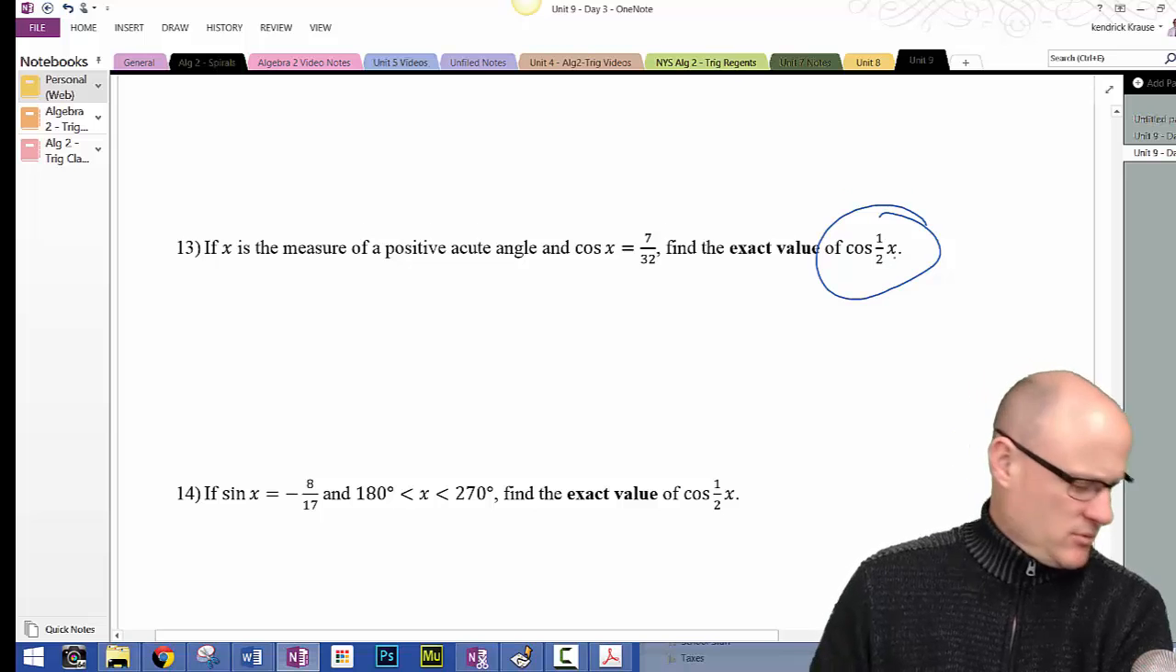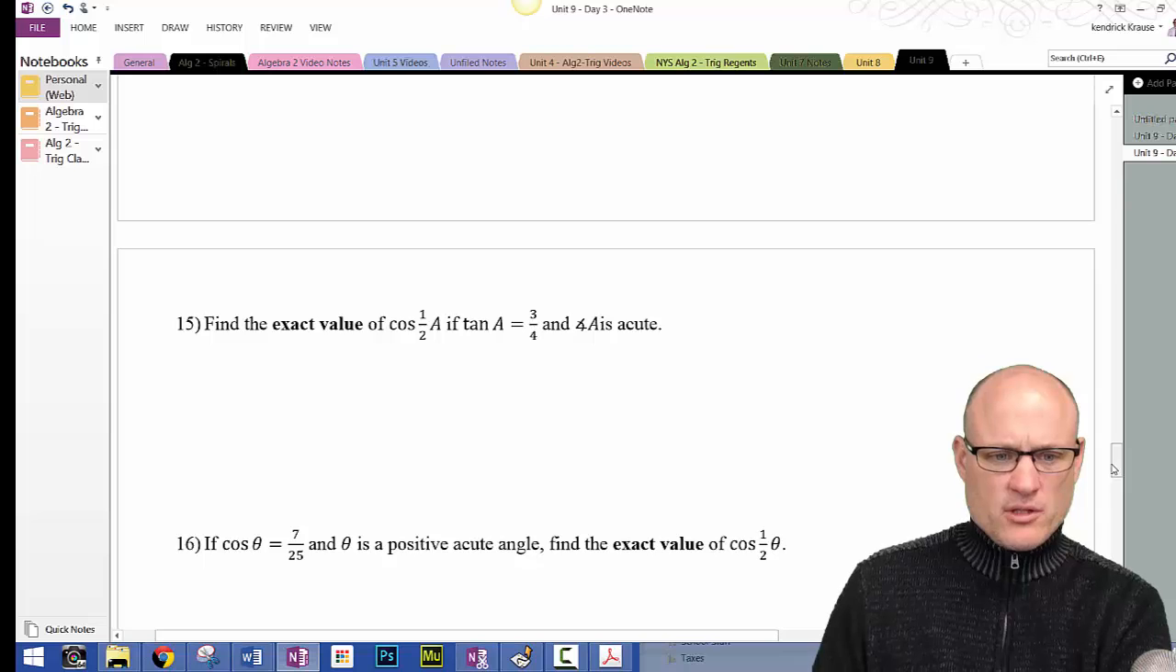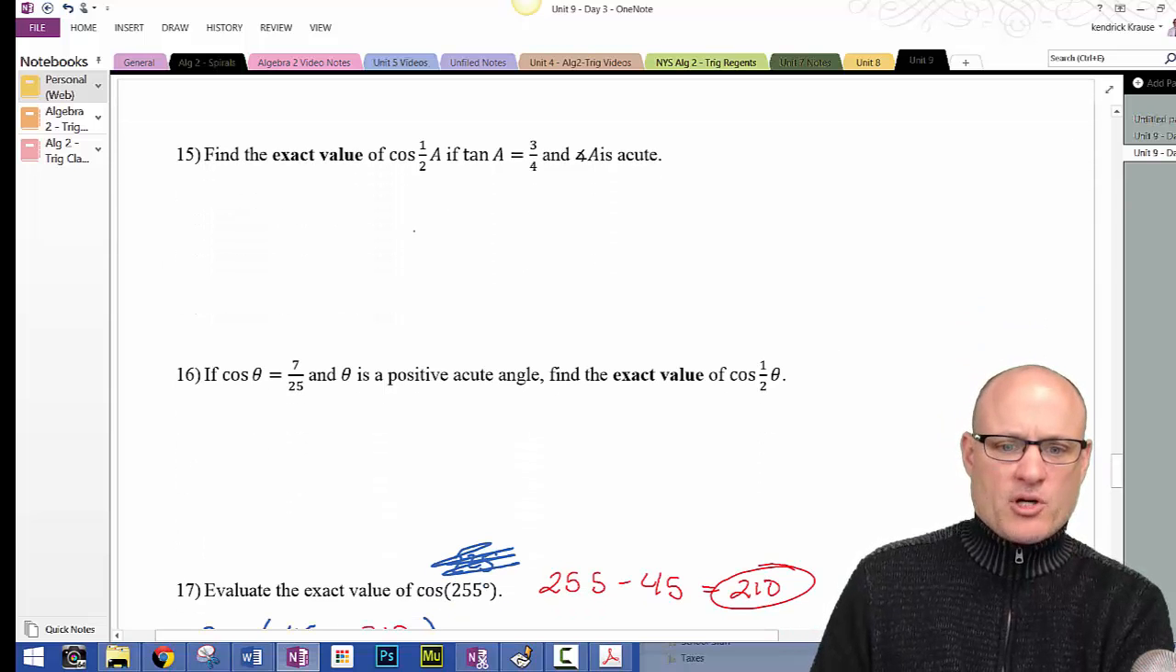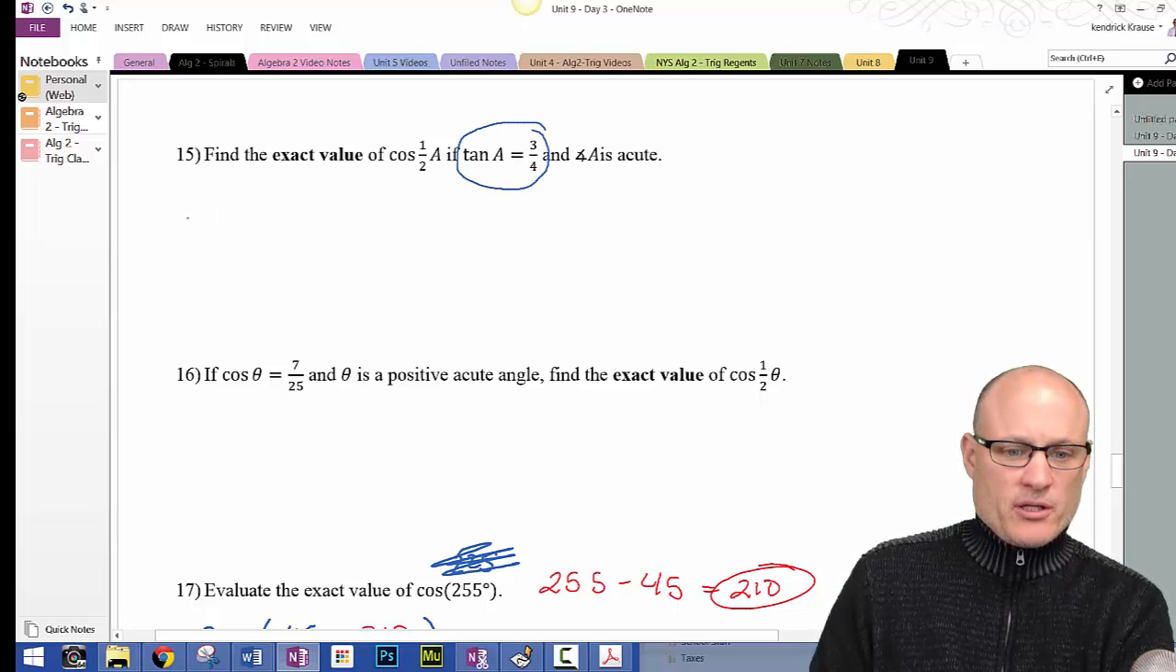Same thing. I want to do one more. Let me see if this one's harder. All right, I'm just going to do one more of these. Cosine of 1/2 A. Here's what they give us. Now, if I look at my formula,